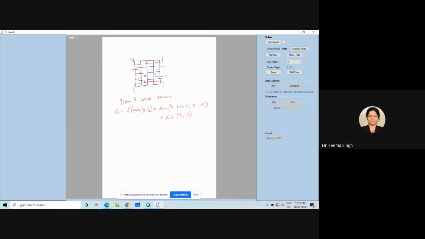Whenever a don't care comes into the picture, we can use it either as 0 or as 1. As I told you in the last class, if you have as big a group as possible, it is good for you. It is more optimized for you. So if these don't cares help you form a big group, you should make it as 1. And if it does not help you make a big group, then you should make it as 0. Okay, so this is how you are supposed to use don't care for your benefit.